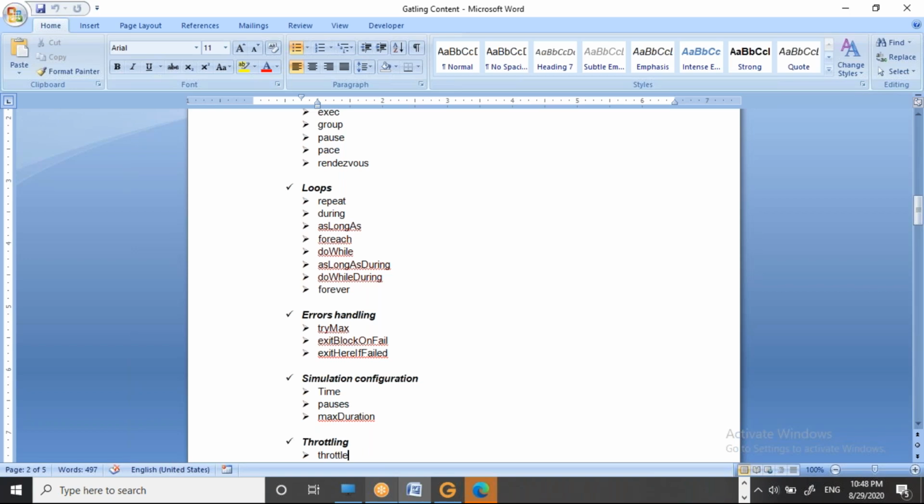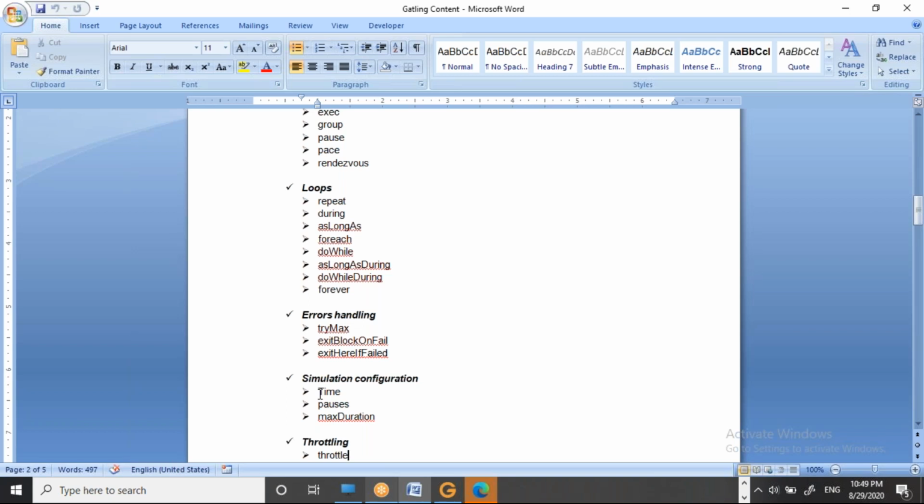In such a scenario, we can use this error handling. If you get a failure, then that user should immediately move out of your test. Such things we can handle with these three things: climax, exit fail block, exit here fail, in this way.